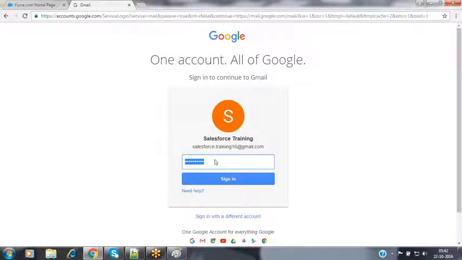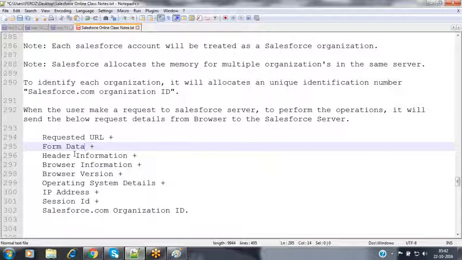So what happened? The data that you have entered inside those fields, nothing but the text box, that data also will be forwarded, nothing but the form data. Whenever it is making a request to that associated Gmail server, if the form is a very big form, or if you are sending an email notification with very huge content, a very lengthy email with so many paragraphs of information, the whole information cannot fit into a single data packet, because the data is transferred through the network in terms of data packets. So it is going to be divided into multiple data packets.